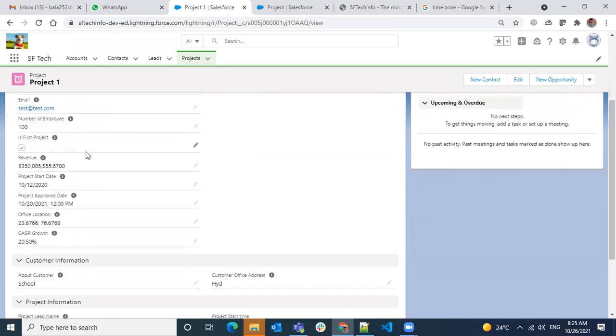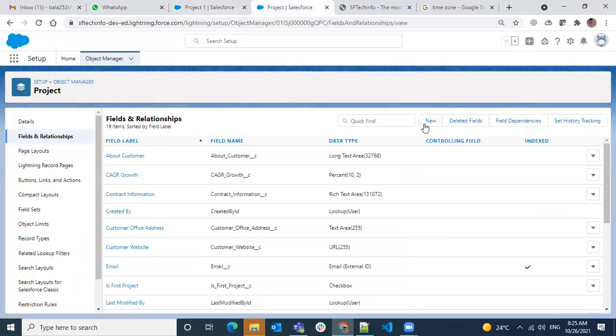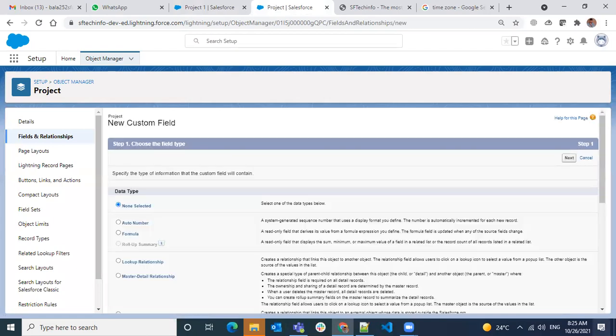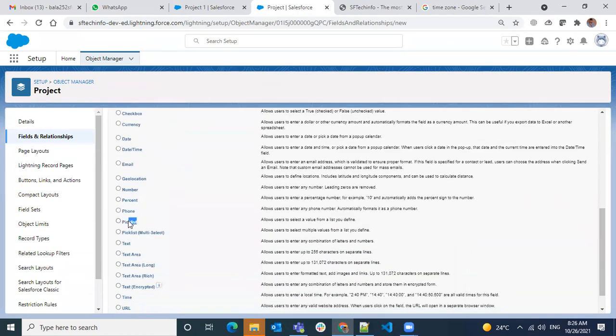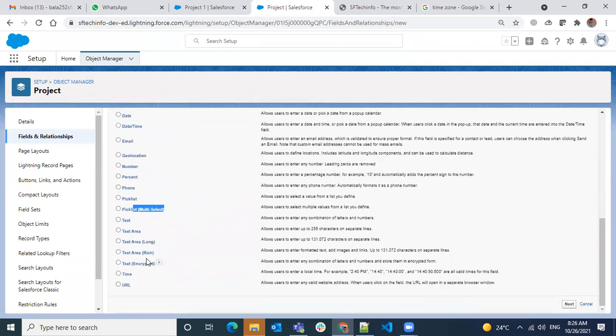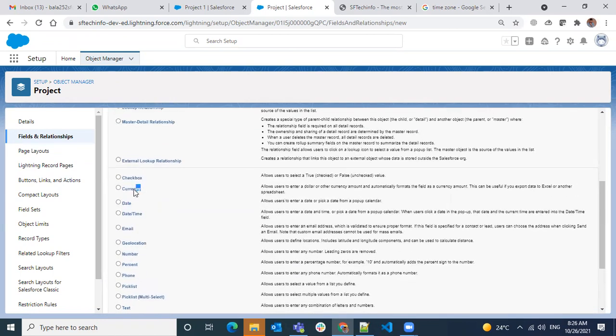Okay, and anything else you want to ask here? Okay, let's see what other fields we have to cover tomorrow, and I'll give 5 minutes if you have any questions. Tomorrow we're going to cover auto number, pick list and multi-select pick list values. This one also we have, text encrypted. We'll see how it stores the data and what it is. So we have already covered URL, time, text area rich, long text area, text, phone, percentage, number, geolocation, email, date time, date, currency, and checkbox.